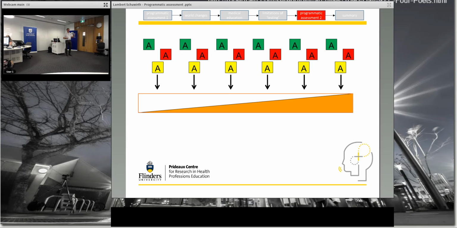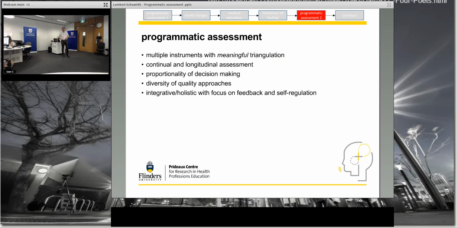So if I've got little information, I will only make low stakes decisions, intermediate stakes decisions, or high stakes decisions only on rich information. And that proportionality is incredibly important because it never allows a student to say, I failed this test on 1% or on one item only, because there is never one item. It's been a continuous process. And the student who fails at the end, that will never be a surprise to him or her, because they've already been warned and they've already seen it coming, because there's a trajectory rather than a one-off measurement,